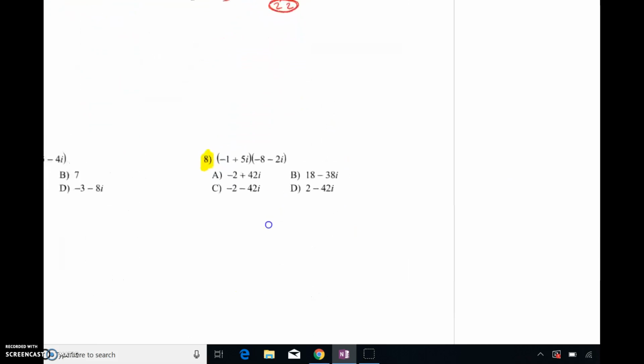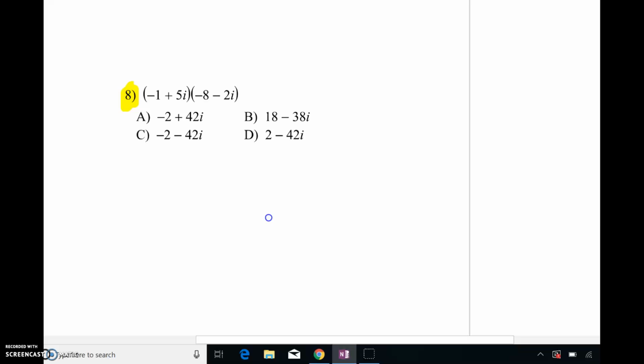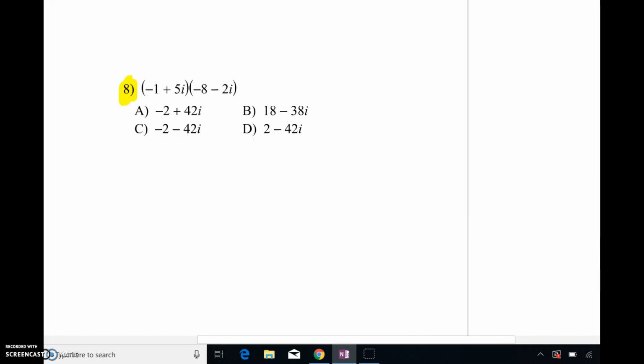All right, so it looks like the next one's 8, and the directions say to simplify. What operation is this asking me to do with these binomials? What do I need to do? Right in between here, do you see an addition or a subtraction? No. So what does that mean I'm doing? Good. I'm going to multiply,